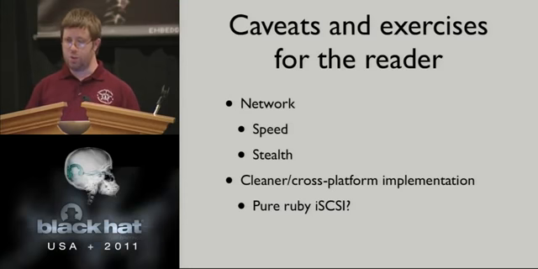You may even want to throttle it at some point to be a little more stealthy, because as it is right now, it just goes flat out however fast it can, which isn't brilliantly fast, but it's fast enough that if somebody was watching their network traffic very carefully, they'd be like, hey, that's my disk going by. So you may want to put some throttling in there. Right now it doesn't have all that. I'm assuming you know Ruby and you can hack that stuff in. As I need it, I might hack it in.